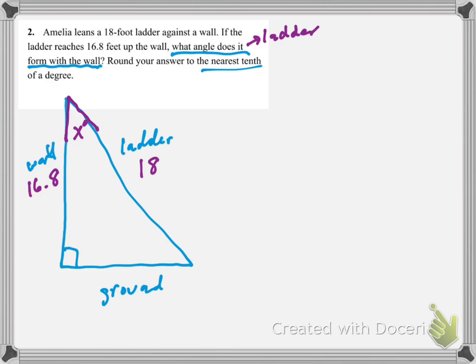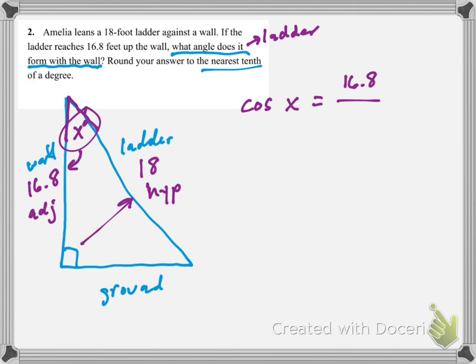Okay? So you got to read the problem. So the last problem, the angle was made from the ladder and the ground. This problem, it's the ladder and the wall that make the angle. So here's my angle. There's my hypotenuse. Now, 16.8 is now adjacent to x, so we use cosine. Okay, our angle is x. We don't know. That's what we're trying to find. Adjacent, 16.8, hypotenuse, 18. Well, x, then, since we're finding the angle, we're going to use the inverse cosine of